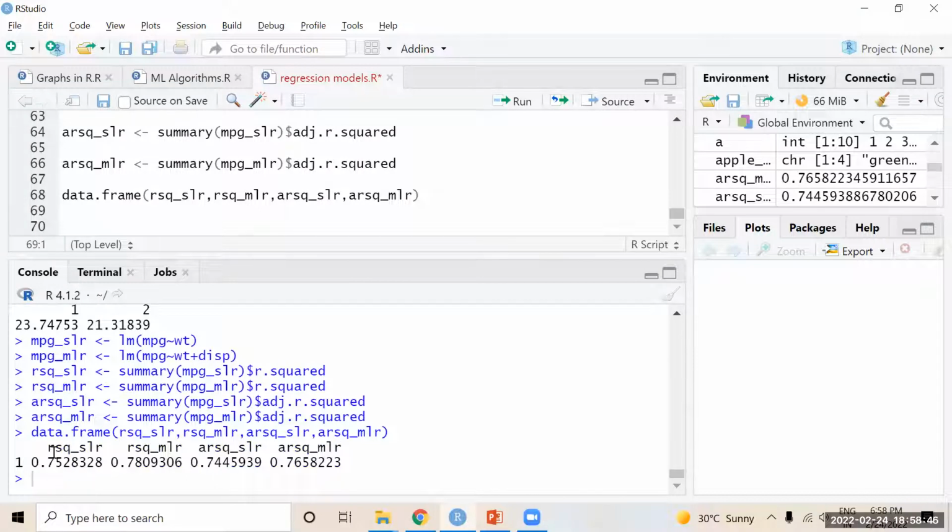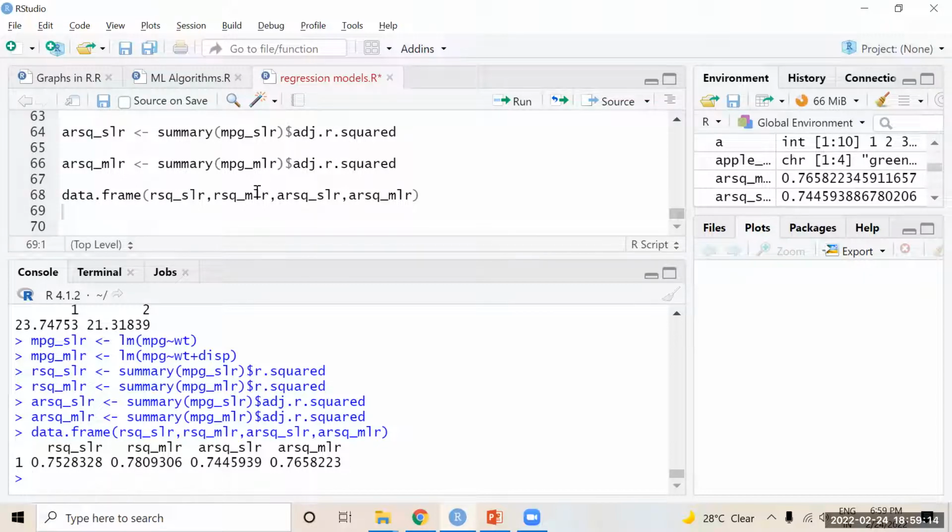You can see here, R square error for the first model is 0.75, R square error for MLR is 0.78. So in this case, 0.75 is lower, and adjusted R square value is 0.74 here and 0.76 there. So both models are actually performing well on this small data set by calculating the R square and adjusted R square values.